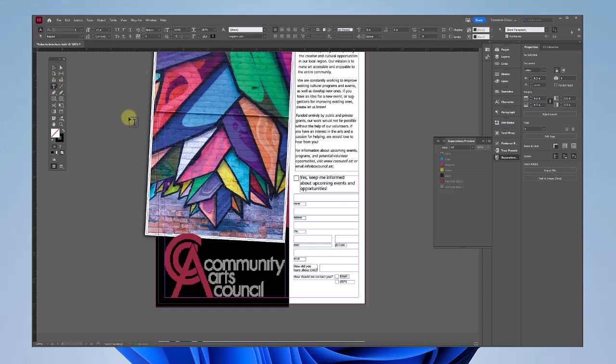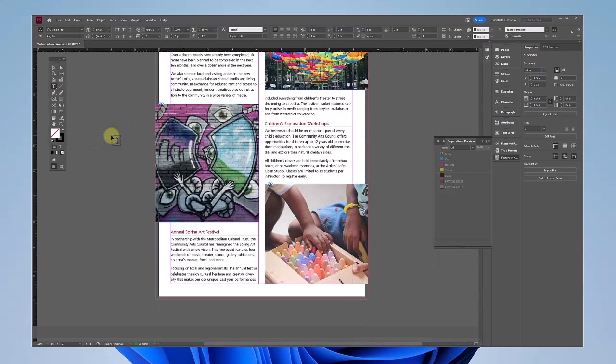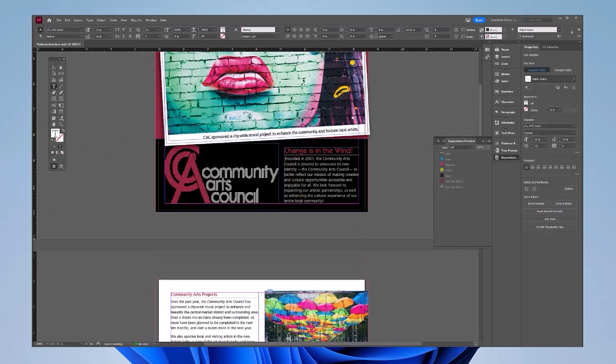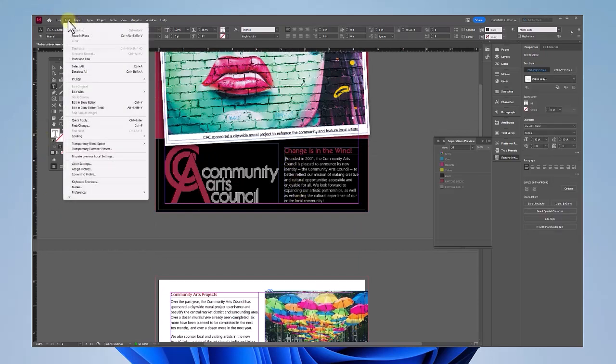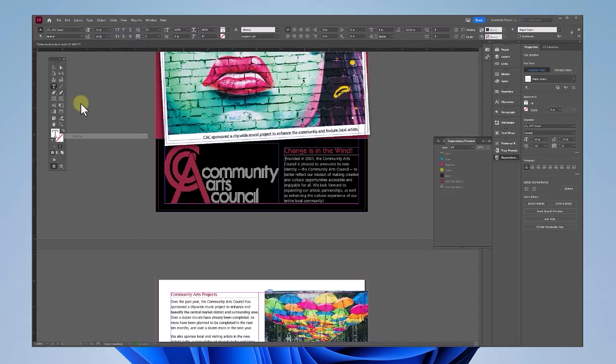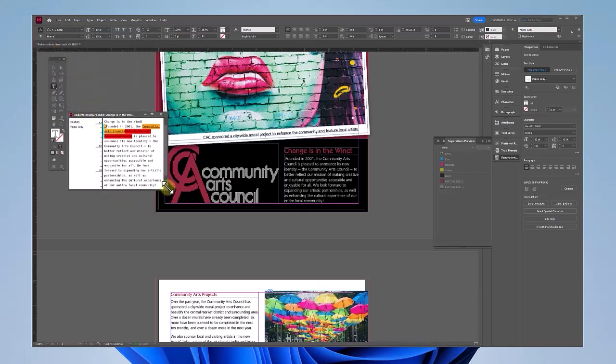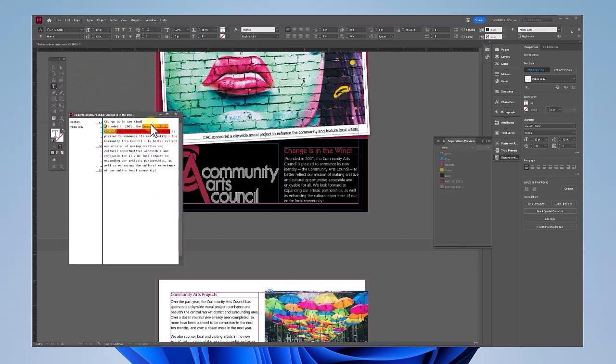So get your text file. Let's go back up to the very first page. Get your text tool and just click once right there before Founded. And let's say Edit, Edit in Story Editor. And it's going to bring up this little thing. And do you see that it's kind of shown us the changes? Do you remember we told it what to do? We told it to underline anything that we added and to make things red. So you can see it showed the changes that we were making